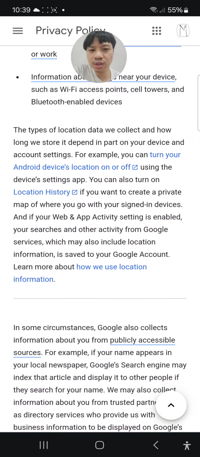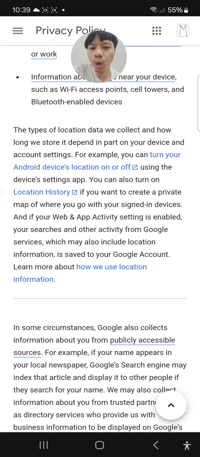The types of location data we collect and how long we store it depend in part on your device and account settings. For example, you can turn your Android device's location on or off using the Device Settings app. You can also turn on location history if you want to create a private map of where you go with your signed-in devices.